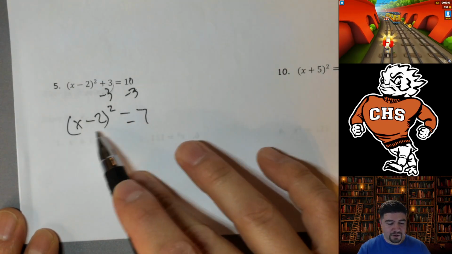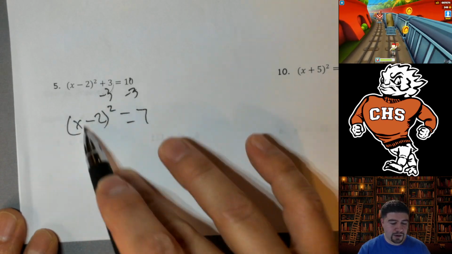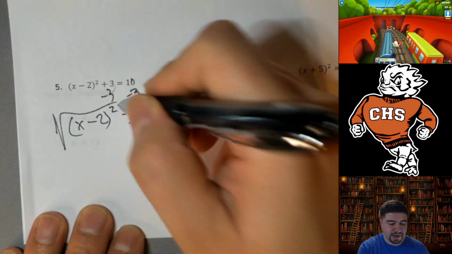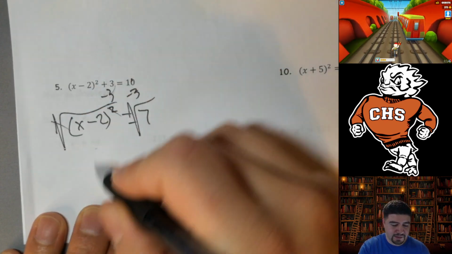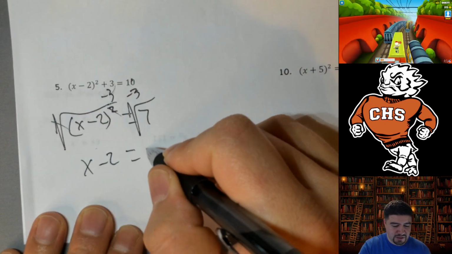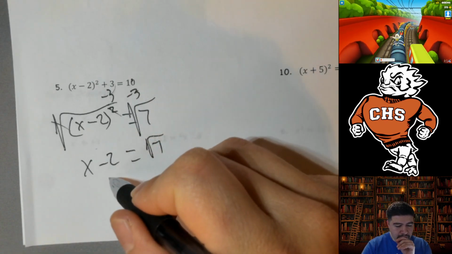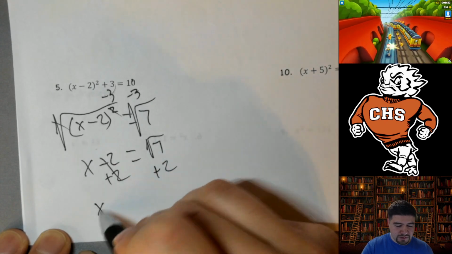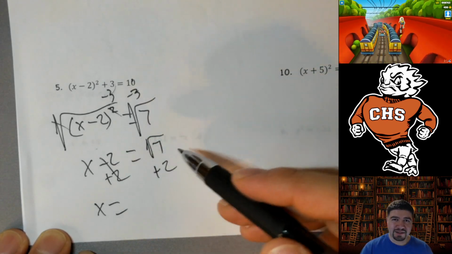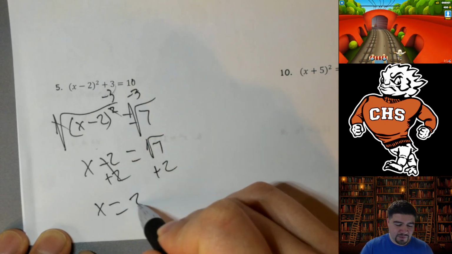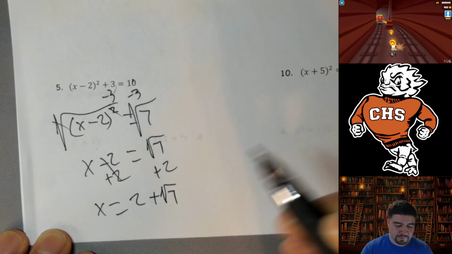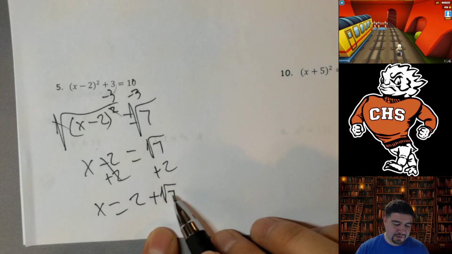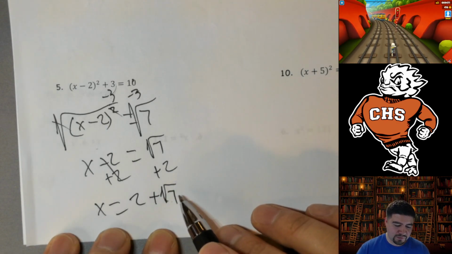All right, so now that I have the squared number on one side and everything else on the other side, I can finally take the square root of both sides. So I'll end up with x minus 2 equals the square root of 7. After adding 2 to both sides, you'll also notice that there's not really a nice answer for the square root of 7. So when we get to this point, I want you to leave the number inside the square root,